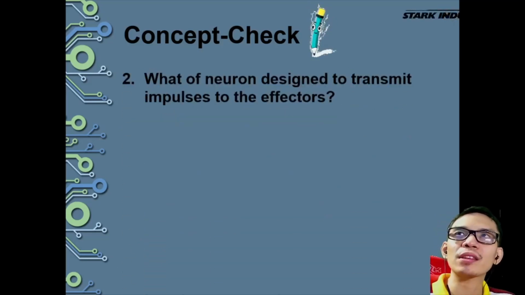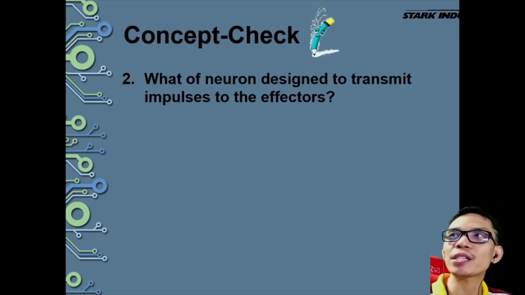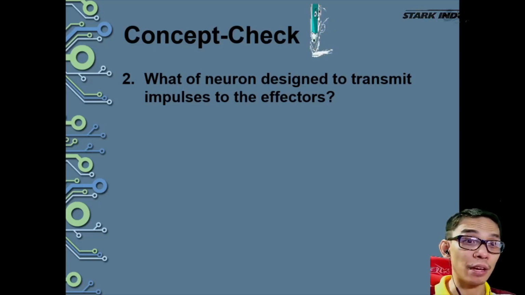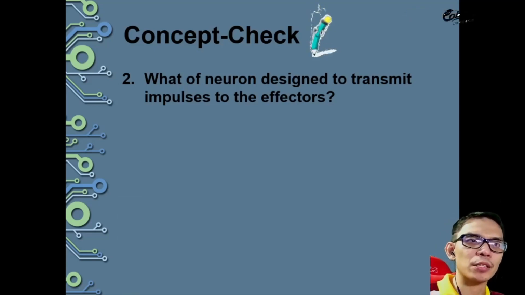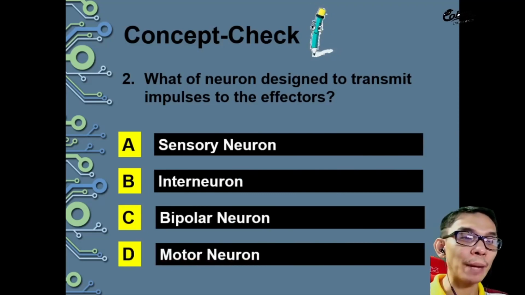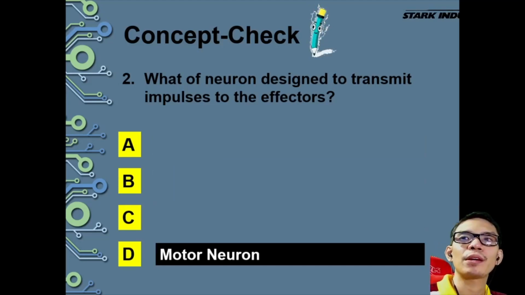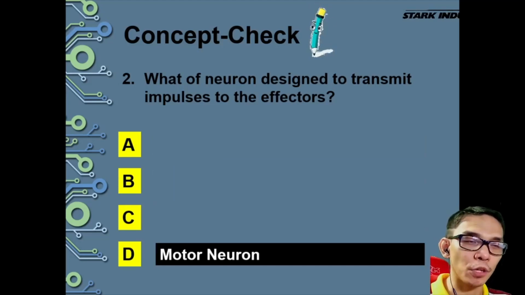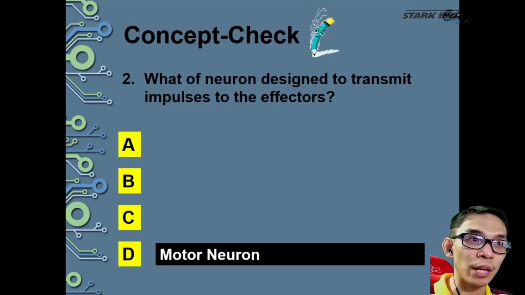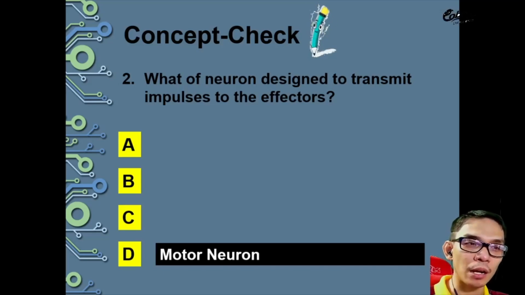Next: what type of neuron is designed to transmit impulses to the effectors? I have a typographical error there. The choices are sensory neuron, interneuron, bipolar neuron, and motor neuron. Select your answer. The answer is motor neuron. Remember that the motor neuron is always attached to the effectors, and it transmits whatever impulses it contains